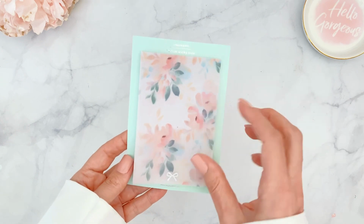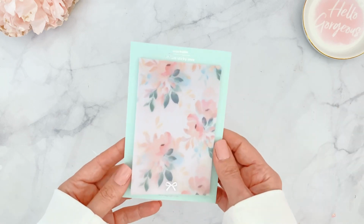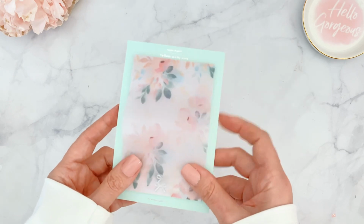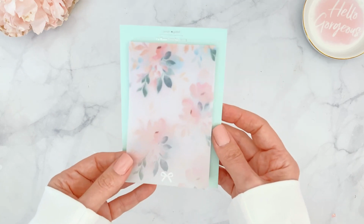And then we're having the vellum sticky notes, and these are gorgeous. First of all, these are big, so you have a lot of room to play with. You can use them in your projects, even if you're doing cards, or turn them into little envelopes. I would even fold them over and make a little envelope, or you can use them to write notes